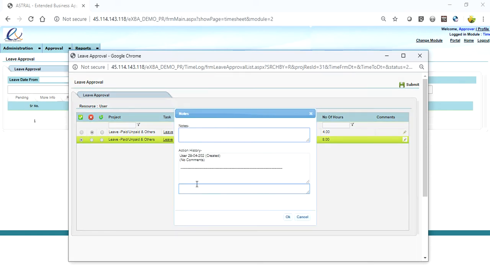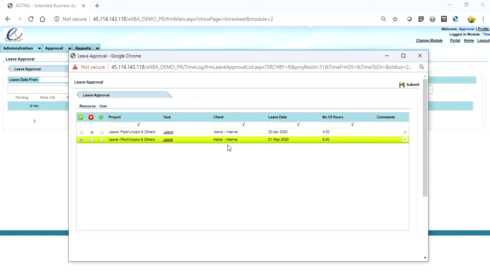When he clicks on this, there is a section below the action history where he can put the comments. So, rejecting due to notes not present, and he can click on OK. I will just submit it. Once it is done, he can click on submit.